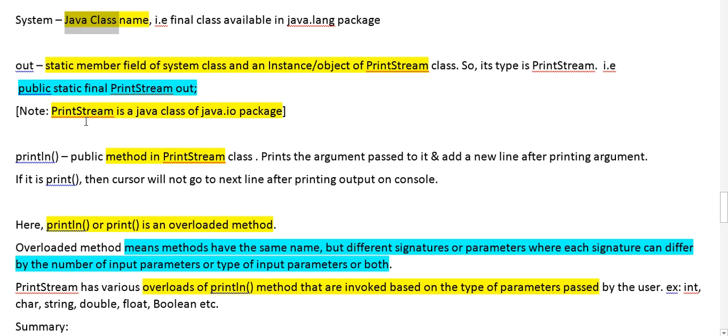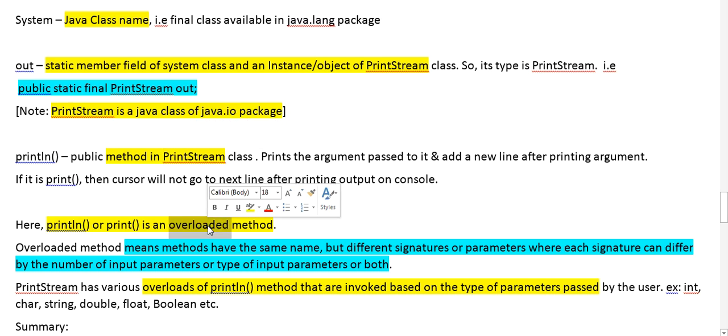One more thing, PrintStream is also a predefined Java class which is in the java.io package. And what is println in this statement? println is basically a public method in the PrintStream class, which is an overloaded method, you can say.